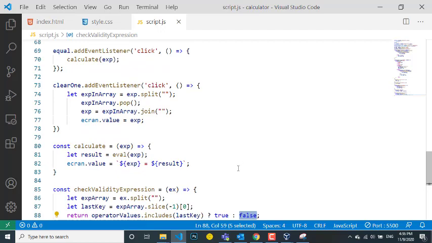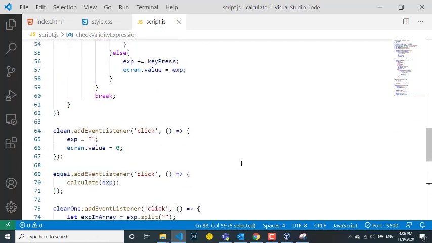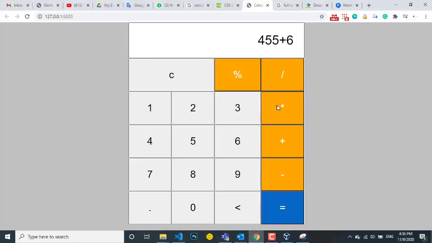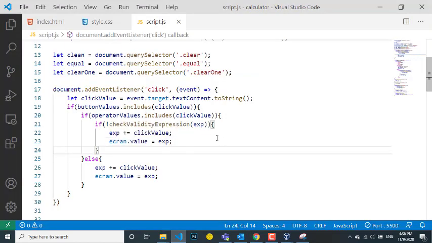That's why, if it's not an operator, what should we do? If it's not an operator, we should do the else condition, which is good, which means it's not a plus that is behind, or square, or minus. That means we can continue with this. So that's why we are negating it, to be able to execute.